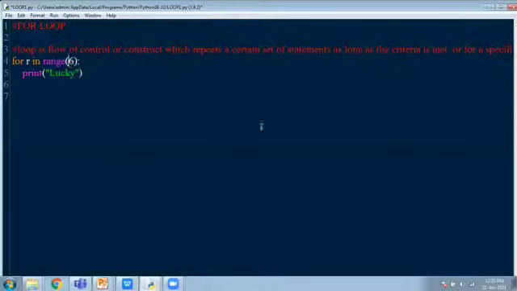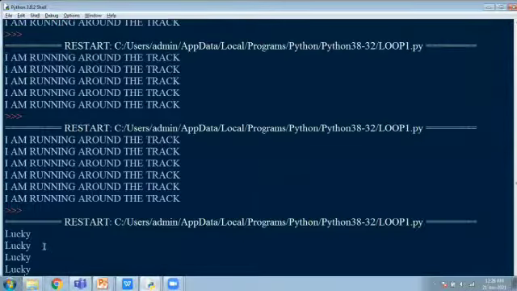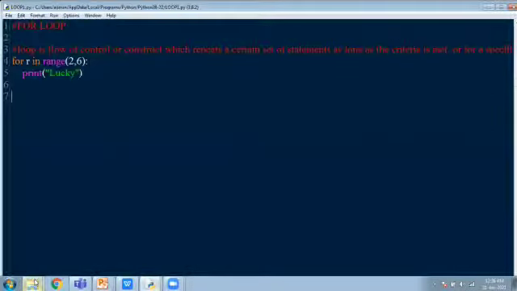So now let me give it from 2 to 6. So starting is 2 and ending is 6 minus 1, 5. So 2, 3, 4, 5. It is going to run 4 times. You can see the word lucky printed 4 times, right? Similarly,